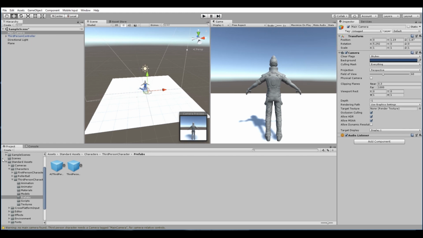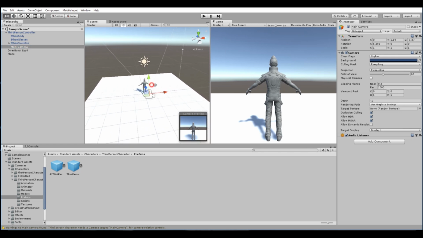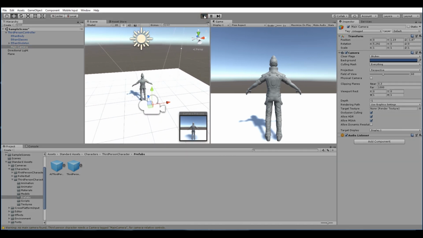Otherwise, if you make any changes here in Unity, it's not going to update, so you always have to make sure that this is stopped. Alright, now you're going to go to the main camera here, and you're going to have to parent that main camera onto the third person controller. You do that by clicking and dragging onto the third person controller here. Click, hold, and drag it onto the third person controller. So now if you click on the drop down, you should see that the main camera is part of that, the parent there. So now if you press play,